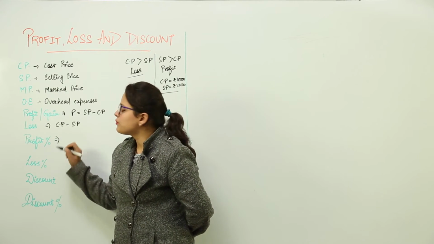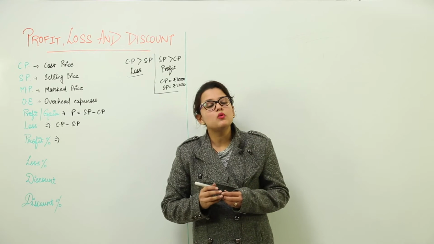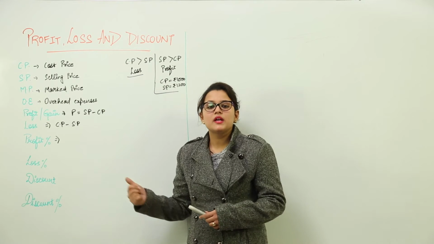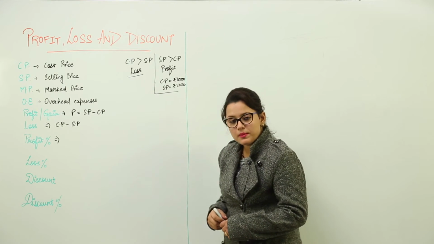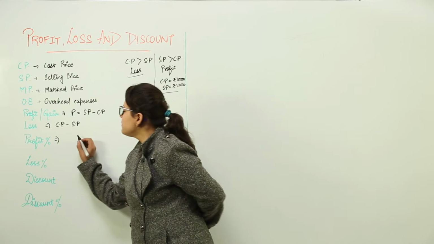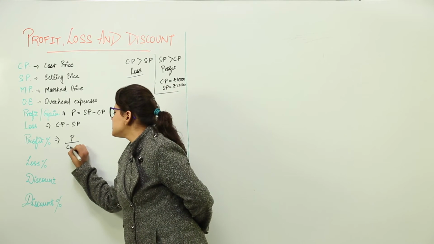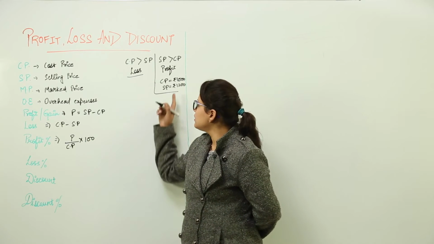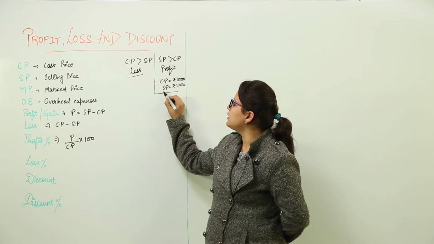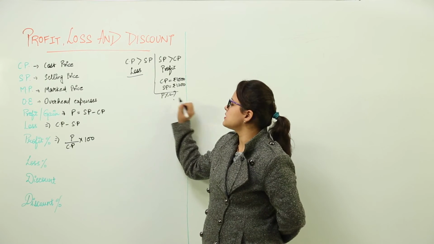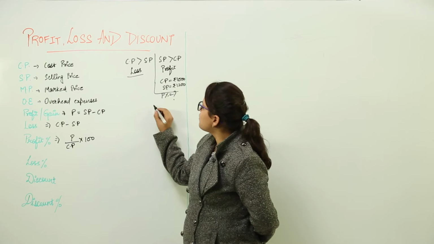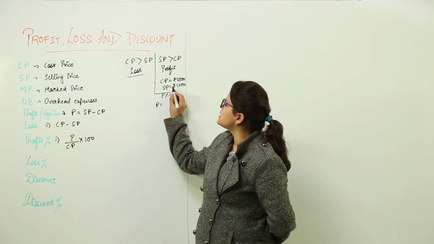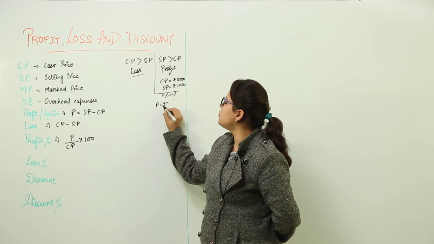Similarly, the next is profit percent. As we discussed, any quantity can be converted into the percentage form. So the profit that we calculate can also be converted into percentage form with a specific formula, that is profit upon CP into 100. Say you are earning 200 rupees profit, and I want to calculate the profit percent in this case. Now how to do that? First of all, we need to know the profit incurred. The profit would be equal to SP minus CP, that gives us 200 rupees.